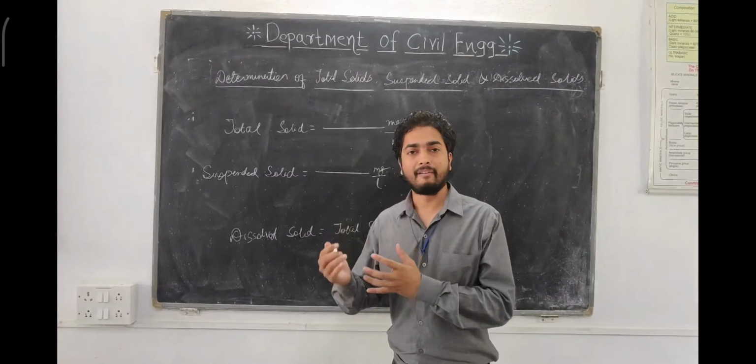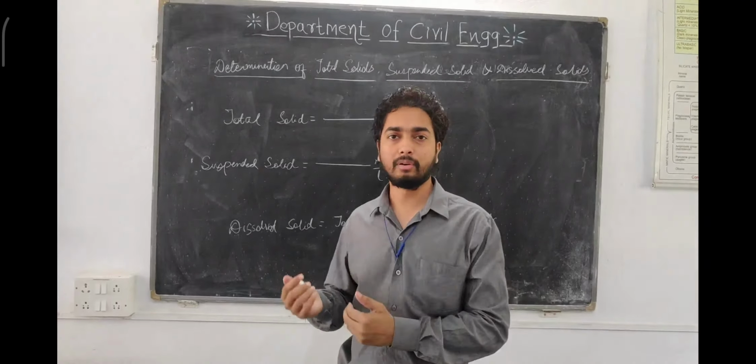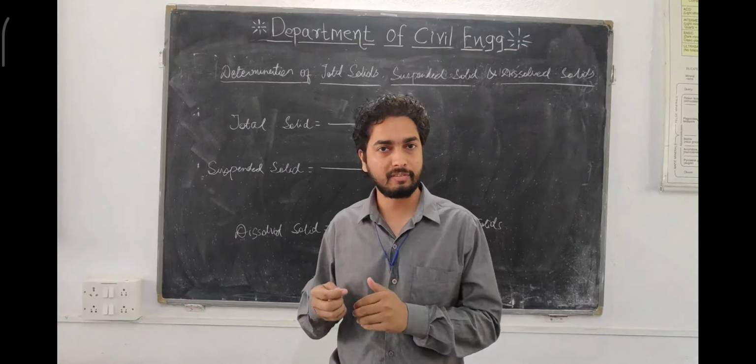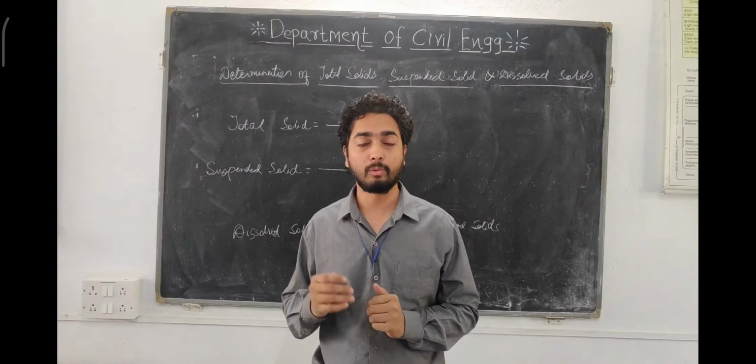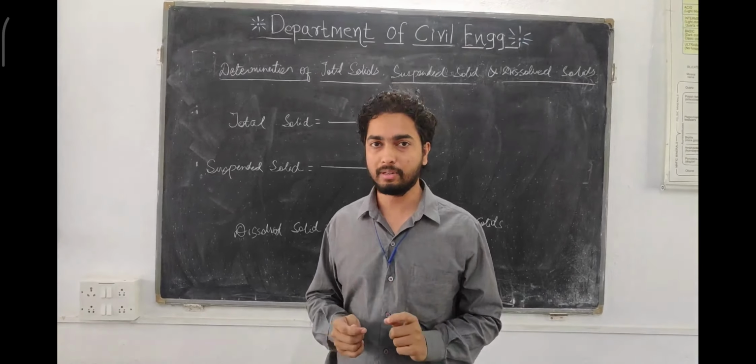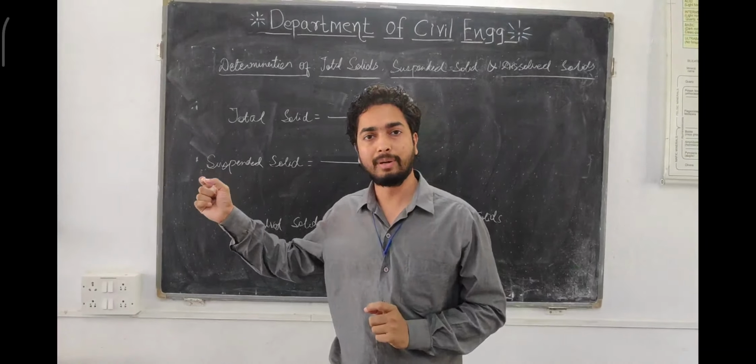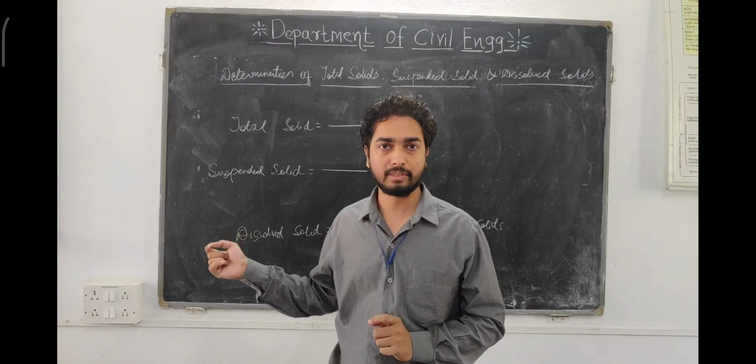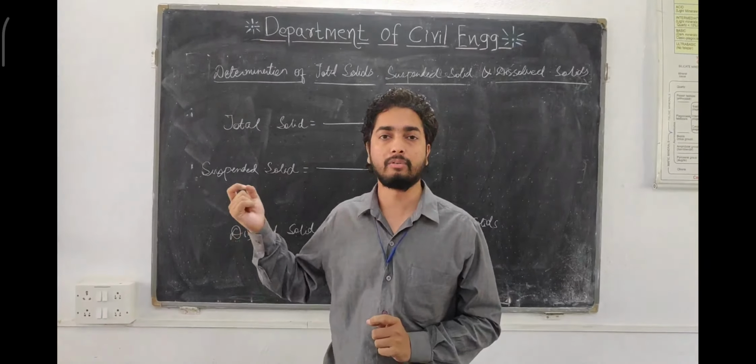So after taking the sample from the oven, what do we get? All the moisture will get evaporated. So what is the thing which is remaining? It is nothing but solid. So this solid needs to be put on the weighing machine, and we have to calculate how much total solid is present.